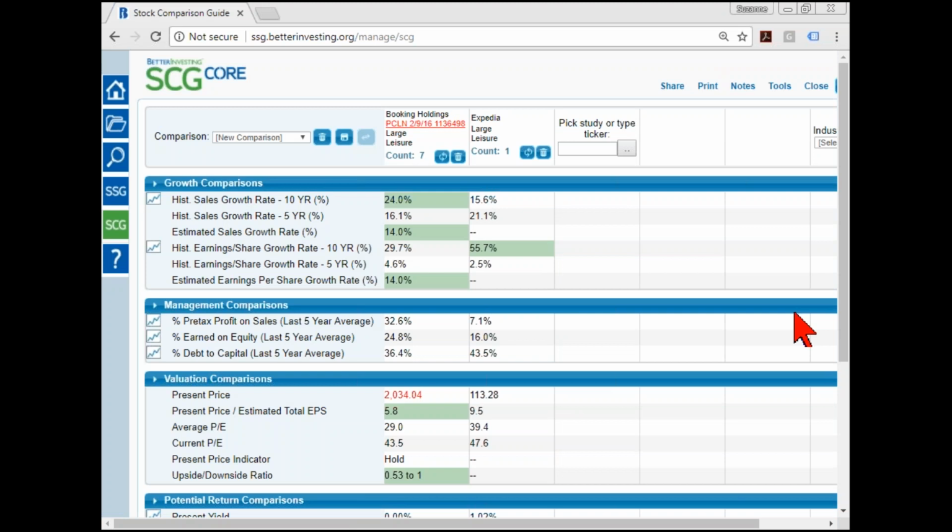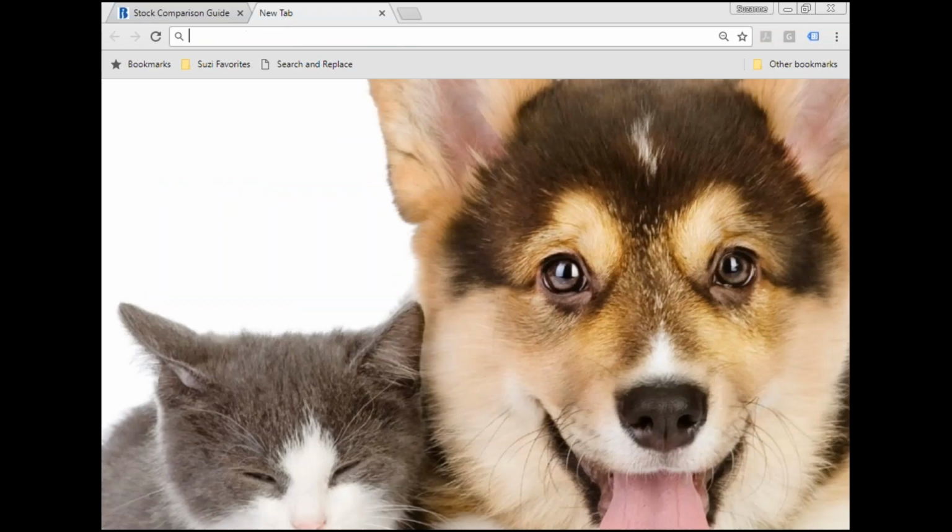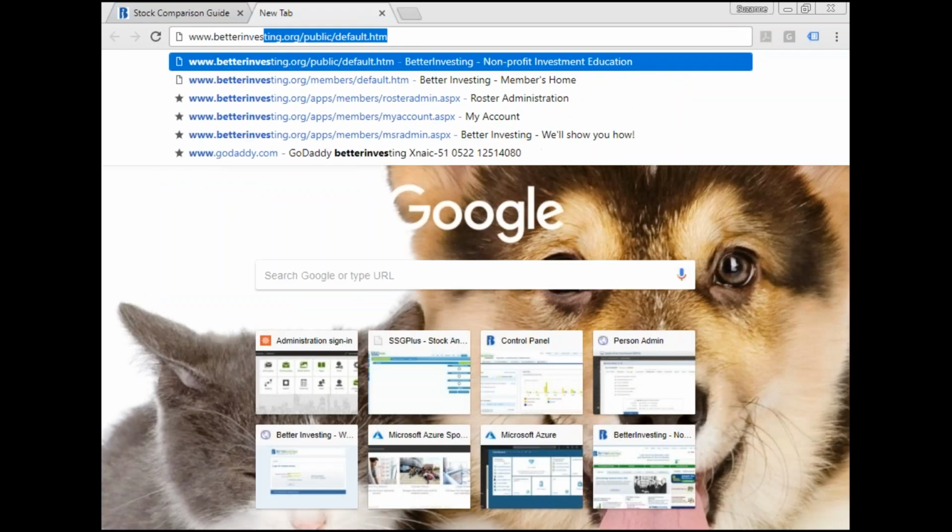And you might want to remind people that they can also, I know this is not his question because he asked from his study page, but you can also go into your comparison right from the green box on the Better Investing homepage. Yes. Those pages. We didn't actually show that, but